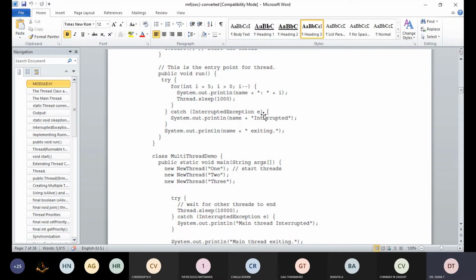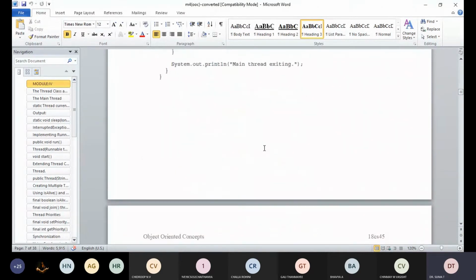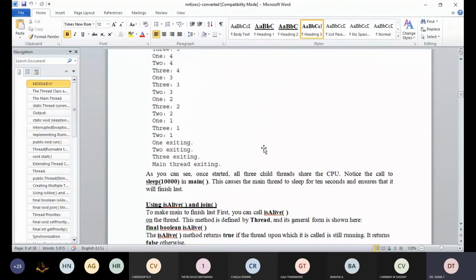If one thread got interrupted, it gives that message. If 2 got interrupted, it displays that, and if 3 got interrupted, the same. Okay, so while exiting, it exits the one thread first, next the second, next the third, and finally the main thread exits.